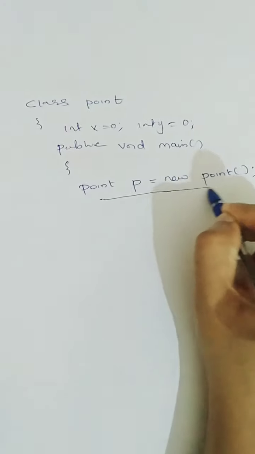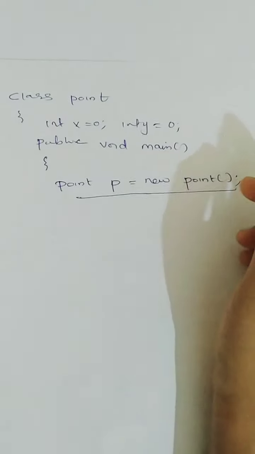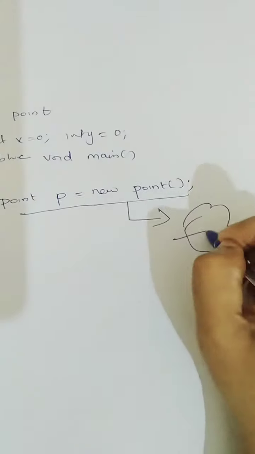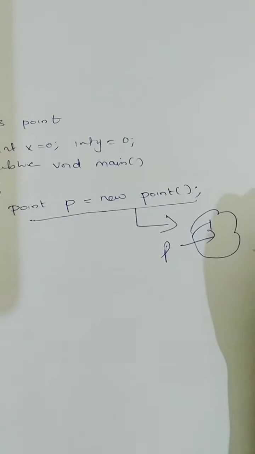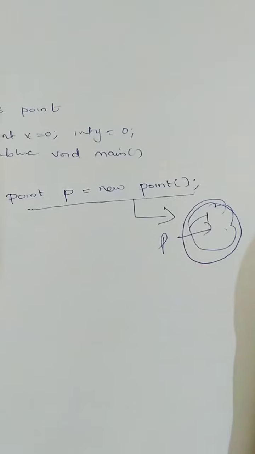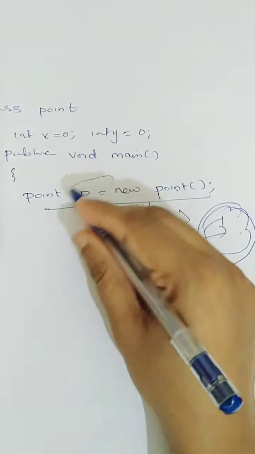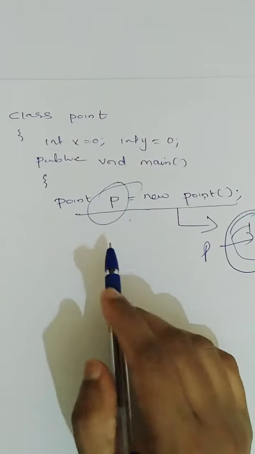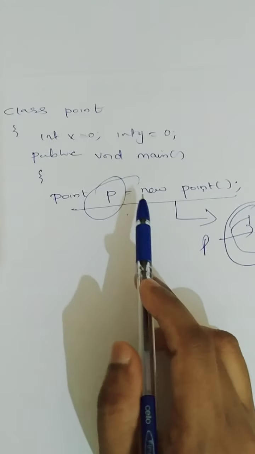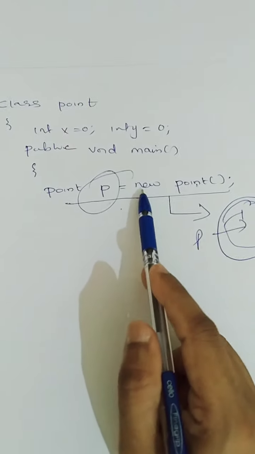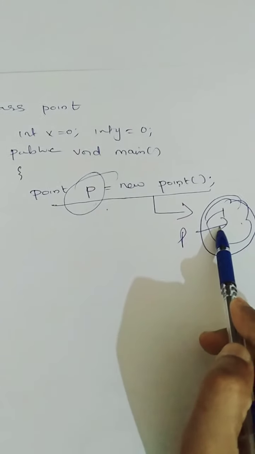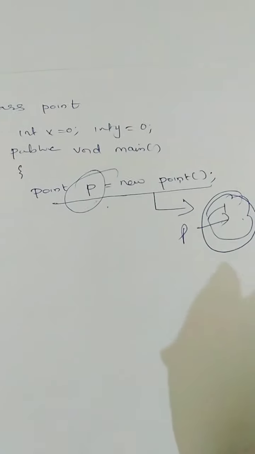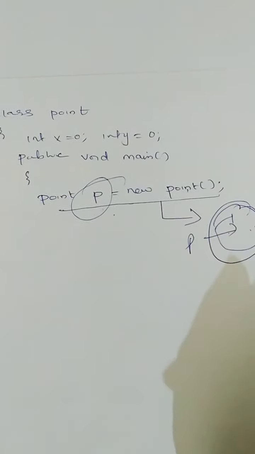When you create an object by using the keyword new, it is automatically allocated memory. In the heap memory it will be pointing, so it will always remain in the memory. So you can use the object throughout the program, wherever you want. It is a permanent object. It will remain in the memory permanently, so whenever you want, you can use that object.